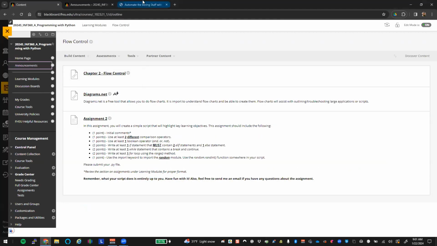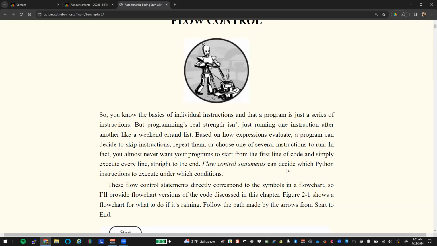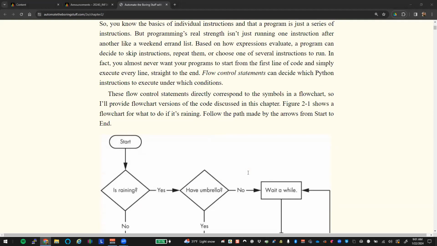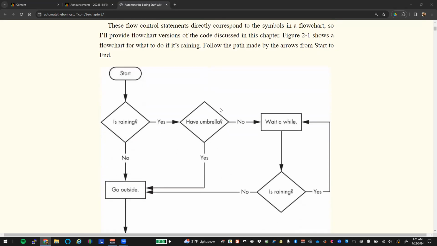So this week we're going to talk about flow control. And flow control is kind of how we write code that will allow our code to go from a start all the way to an end, all right? And there's usually some checks and things that we need to do along the way. So if we look at this